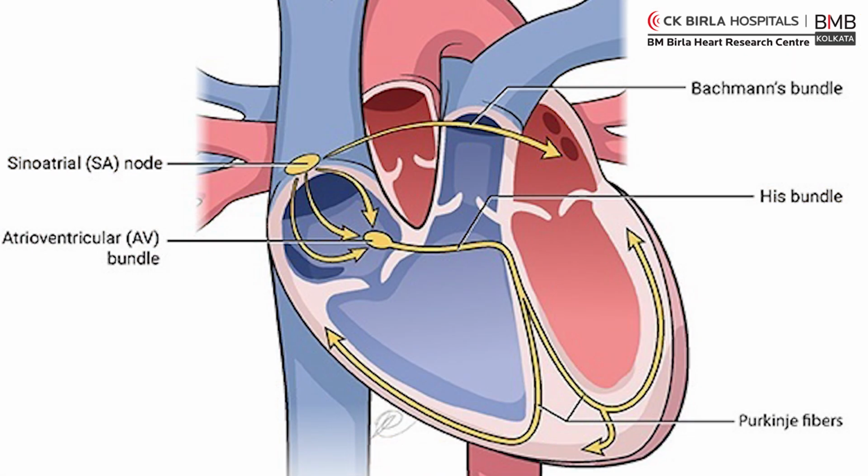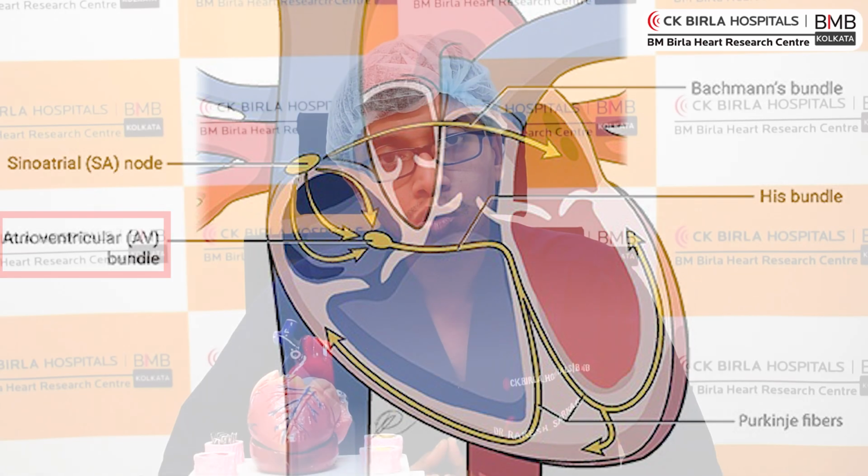From the right atrium it goes to the left atrium, as well as to the 2 ventricles through the AV node, and from the AV node it propagates to the lower chambers of the heart by something called the His-Purkinje system. Now, after being electrically stimulated, the heart is then mechanically stimulated by